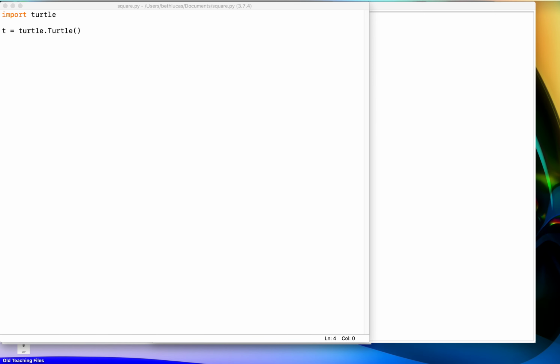So let's work some more with the turtle in drawing a square. Way fun. Okay, so I want you to follow along with me. Create a new script. I saved mine as square.py. And remember, we need to import the turtle module first thing. And then we need to create a new instance of the turtle, and we're saving that in a variable called